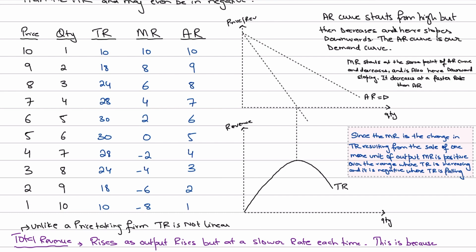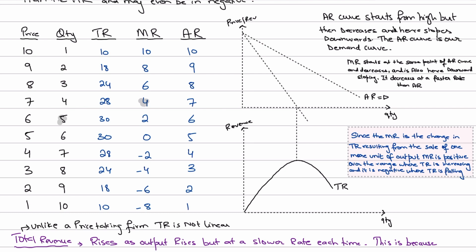So we can input these values: 10, 8. Total revenue rises from 18 to 24. So when you sell 3 units, you make an additional revenue of 6, and when you sell 4 units this time, maybe the next day, you make an additional revenue of 4, and let's say on the 5th day,